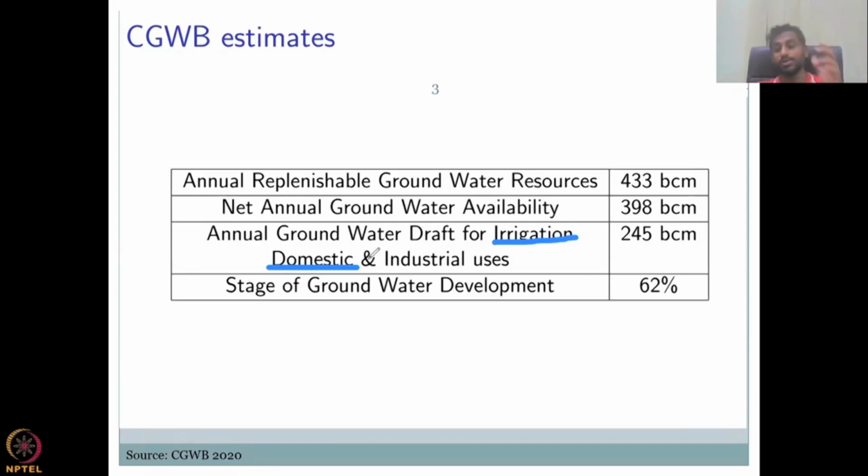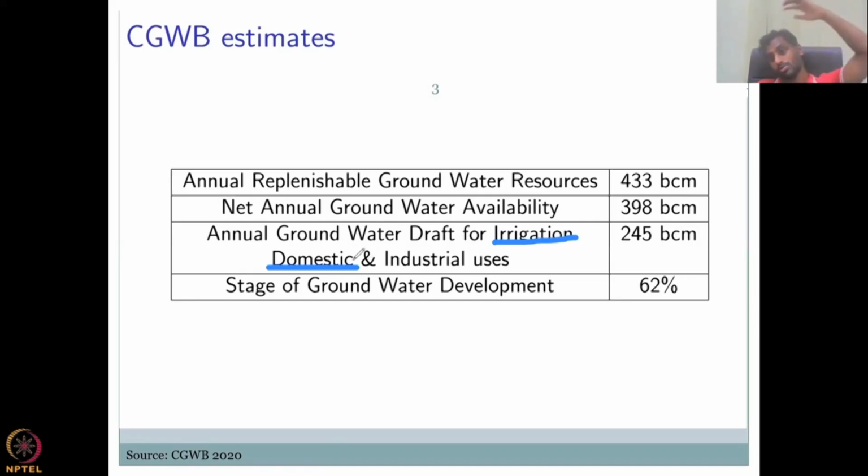Industrial use is the trickiest here because it is closed. Let's take a bottling company, for example, where they make fruit juices, drinks, soda, etc. It is a big industry which takes a lot of water. We don't know how much water they use. Okay, they have a pay per use system or lease system. They'll say, okay, 100 years I will pay this much money, or 10 years, 30 years. And the pump's efficiency only they know. Okay, you cannot estimate it just by power supply and all, because they can keep fine tuning the efficiency of these pumps. So what happens is the industrial use is still a big estimate,